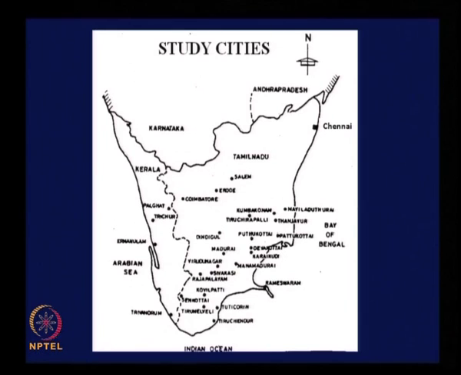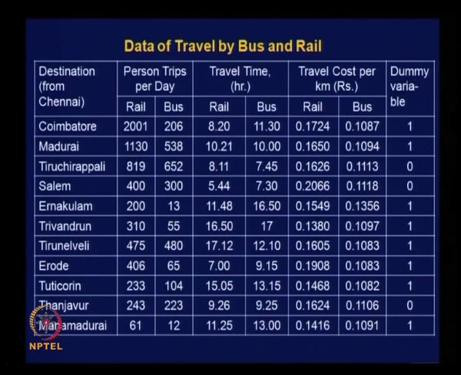Clear? Now let us have a look at the database. This is the information collected. Please remember, when we say % trips per day, it is the daily average of 1 month travel for both the modes, but it is daily travel data. Okay, and the travel time in hours, the actual travel time as per their timetable, and travel cost per kilometer was worked out